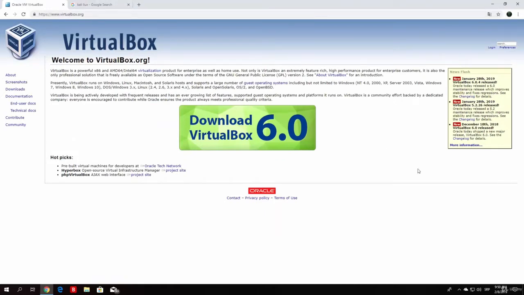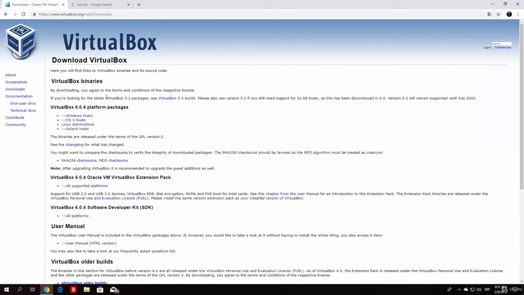Basically, as you can see right here, we have this green button that says download VirtualBox 6.0. Now in the time of recording this, the version is currently 6.0, but when you will be watching this, it might be a higher version, depending whether they upgrade the version or not. So just click here on download VirtualBox 6.0 and it will lead us to this site